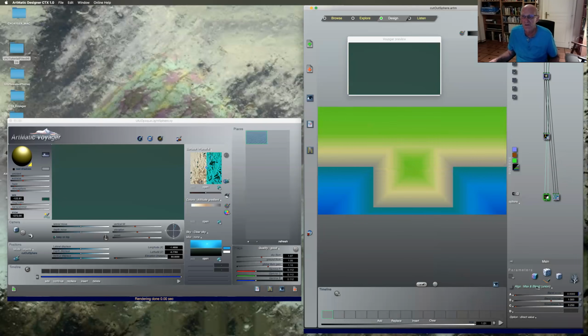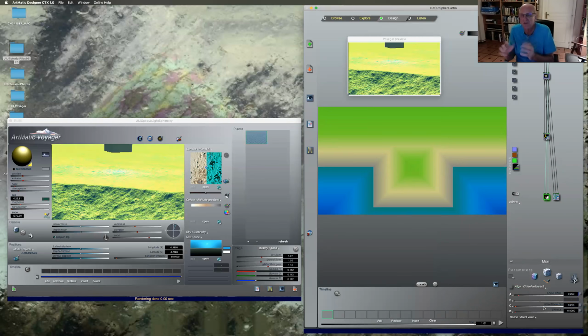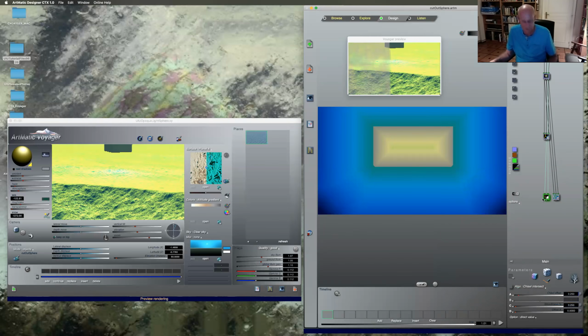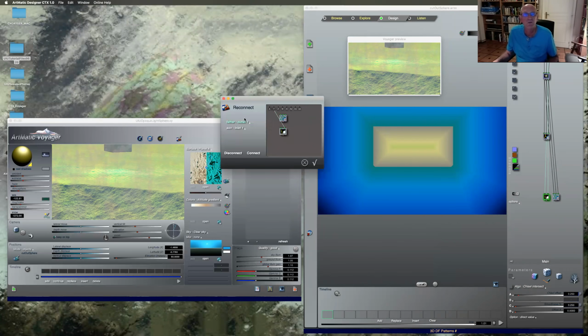This time we're going to use Chisel Intersect, which is an intersection, but it creates an edge around what you're doing. We'll connect the two, and remember now we're going to take the box, the cube, and we're going to chisel it with the object on its right. In this case, holding down Option Command. Outlet 1 connects to inlet 2,